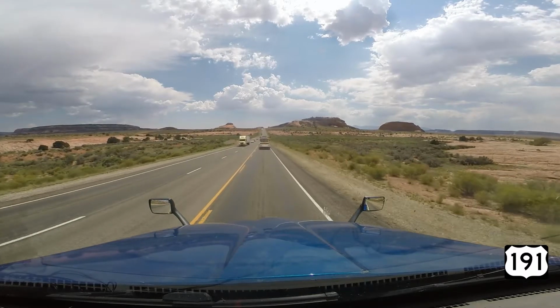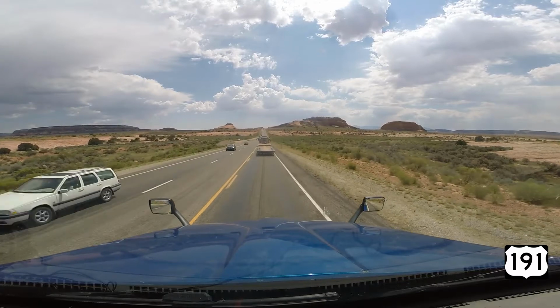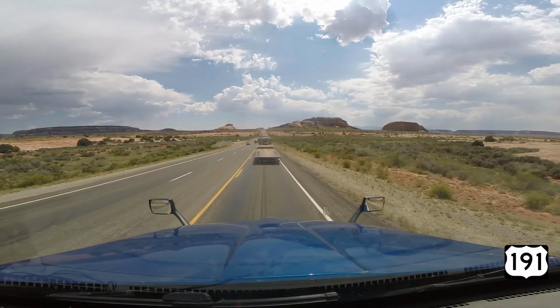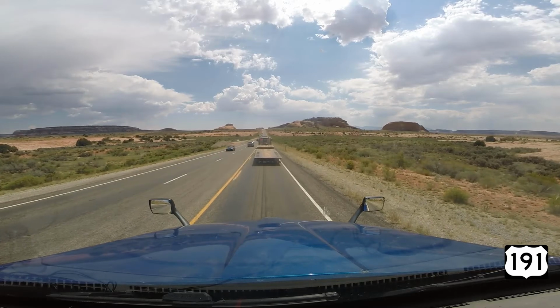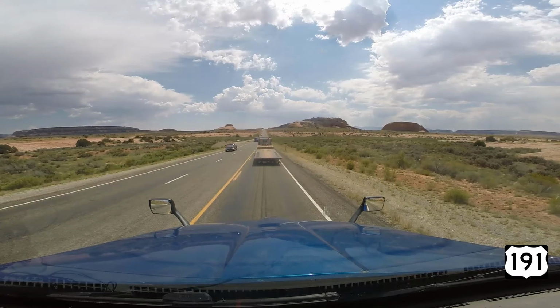The middle of nowhere, and there's road construction. And we got one lane closed, so they're alternating traffic. Seems to me like it was like this the last time I came through here. I think they're planning on widening the road, which is good. There's a lot of traffic on this highway because it's a fairly major north-south artery